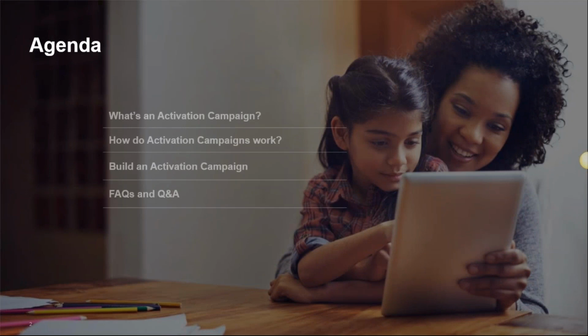First, we're going to break down what activation campaigns are. It's possible you're on the line today because you've never heard that term, or it might be fuzzy at best. And if that's the case, get pumped, because in 45 minutes or less, you're going to be a bona fide expert. Next, I'll talk through how they work and what specific steps should be taken to ensure effectiveness. No doubt you'll immediately start thinking about your own program and how you can apply what you learned today to address your own needs and goals.